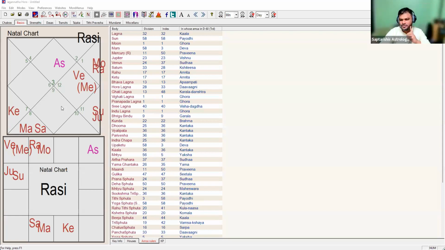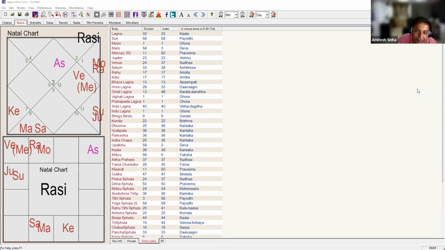I can show you one more interesting thing here in the same chart. See, whatever problem this native is facing, obviously it is not created by him in this life. That must be coming from the previous past life, no? But sometimes you see many village astrologers or many good astrologers predicting like this: this problem is coming from your mother's side or from your father's side. They have done something wrong due to which this particular problem is reaching you. Has anybody heard this kind of prediction? Yes, sir, I have heard.